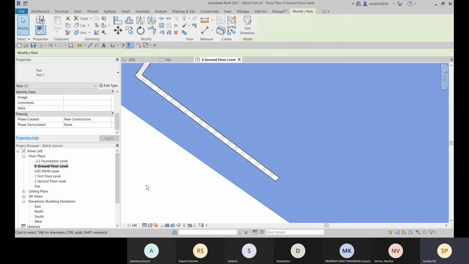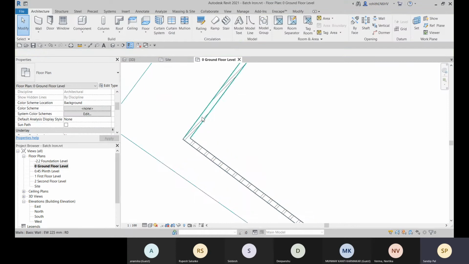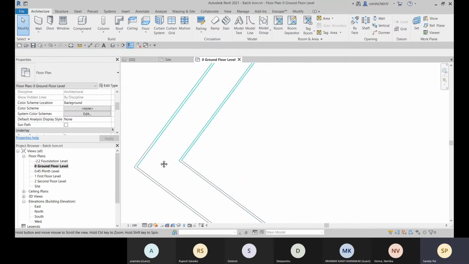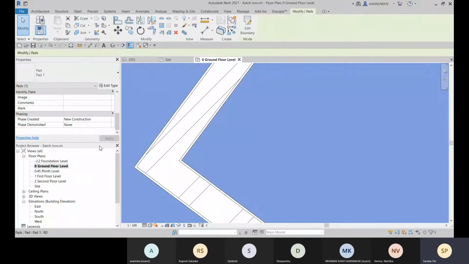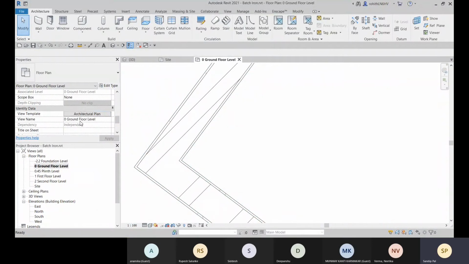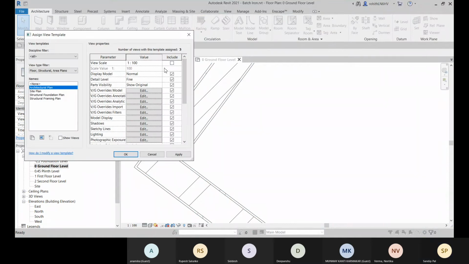All right. Now you cannot understand because both sides have the same material, so you cannot see the difference. And these are applied by the view template. So if you need to change anything, you need to go to the view template and change it there.